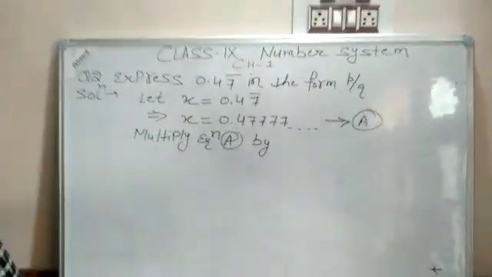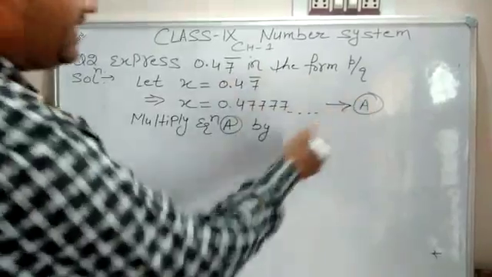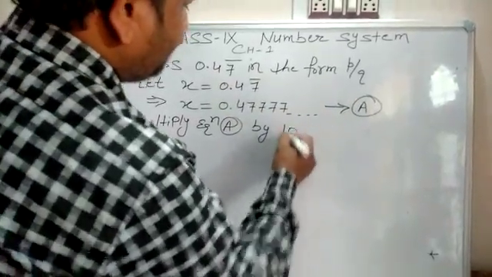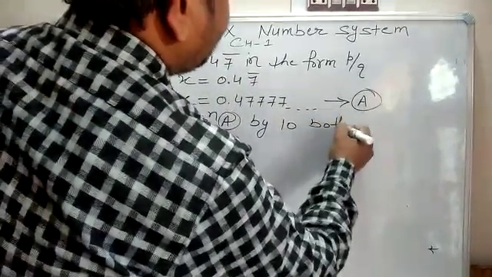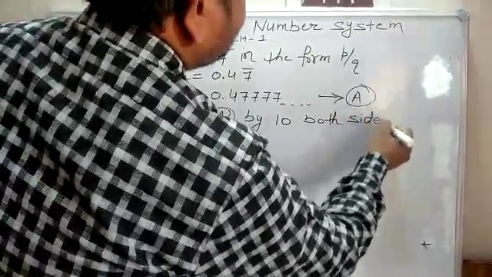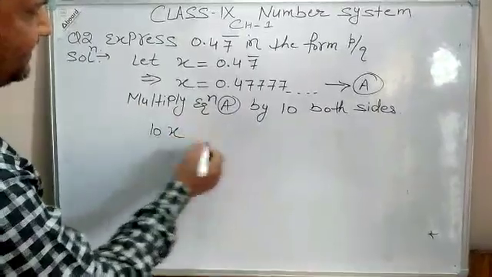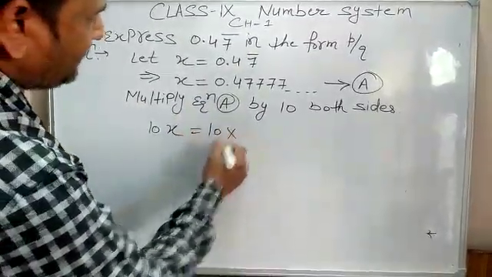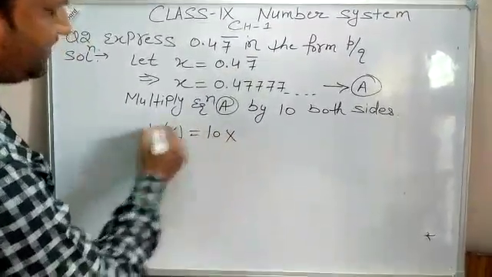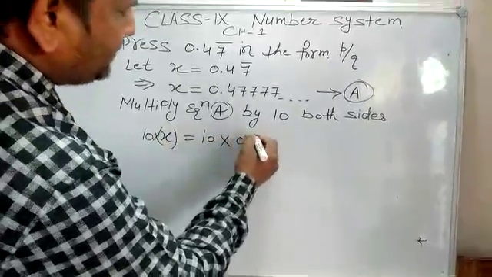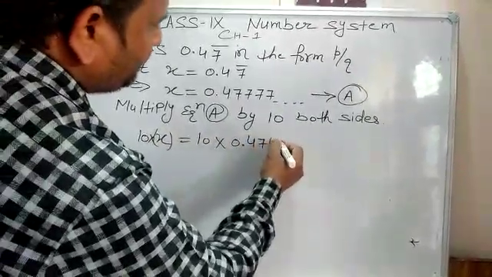On the bar we have only a single number. So what we have to do? We have to multiply equation A by 10 on both sides. 10x is equal to 10 multiplied by x, that is 10 into 0.47